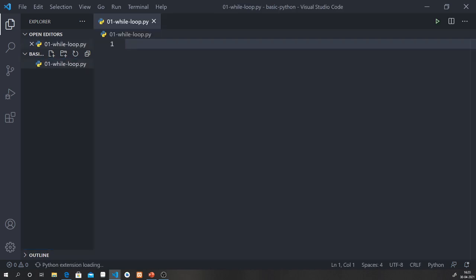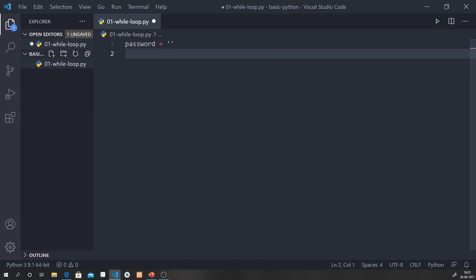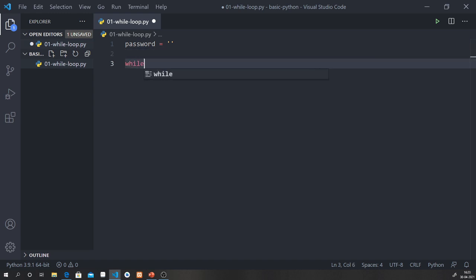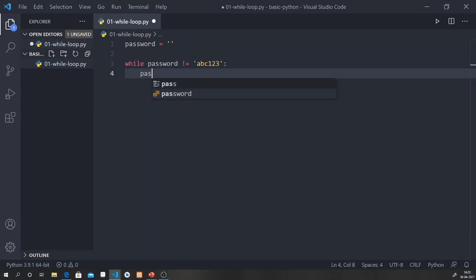After I create this file, I will do exactly as in the example we saw just now. I will declare a variable password and assign it an empty string. Then I will run a while loop. Then I will take the input from the user.